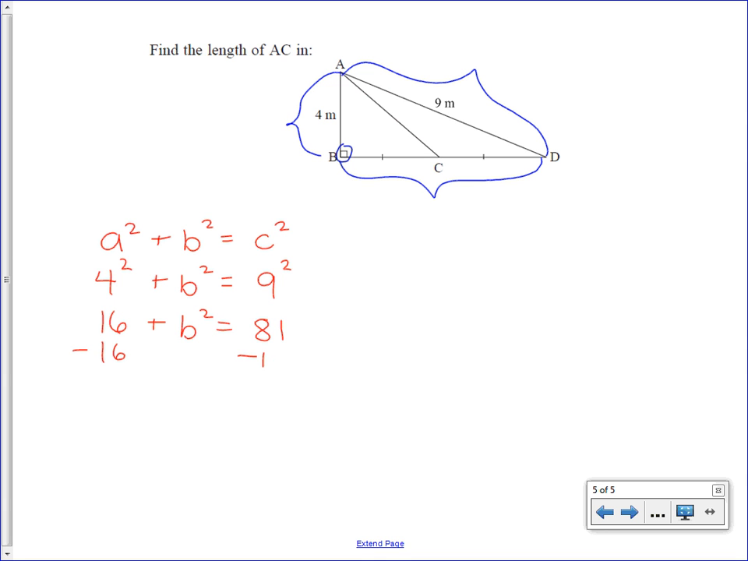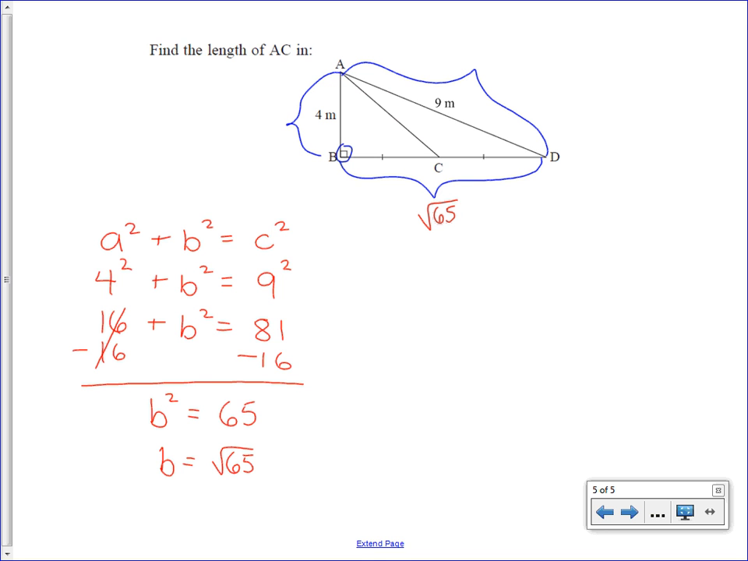Subtract 16 from both sides. It's going to be 65. And then square root both sides, just like so. Now that I know this whole length is the square root of 65, and I can't simplify that at all,